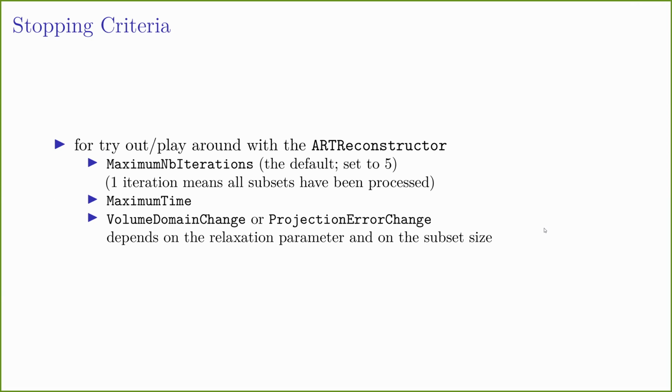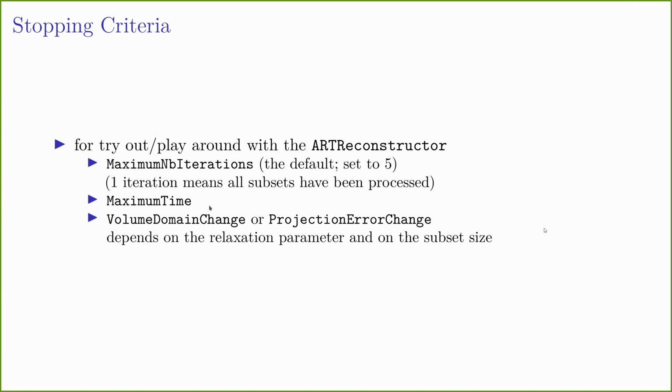We have very simple and handy ones. The first that we have already seen is the maximum number of iterations, which is set to 5 by default. It's appropriate to use it if you just try out a certain setting or experiment and play around with the ART reconstructor. And if you want to do it even more simply, you can also specify